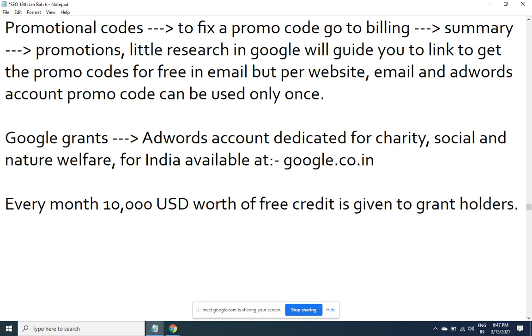Now what I want is, if you know any genuine organization which is into this kind of service, kindly guide them. Tell them that there is something called Google Grants, by which they will be able to do free advertisement.